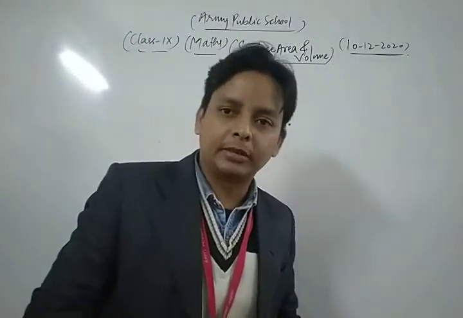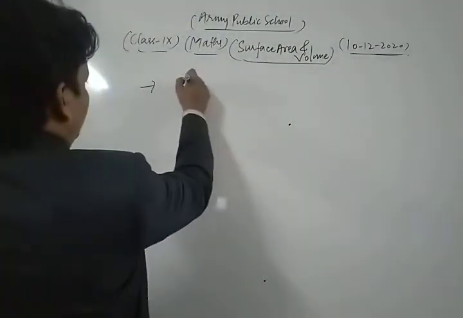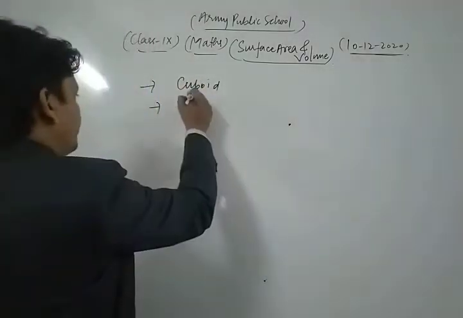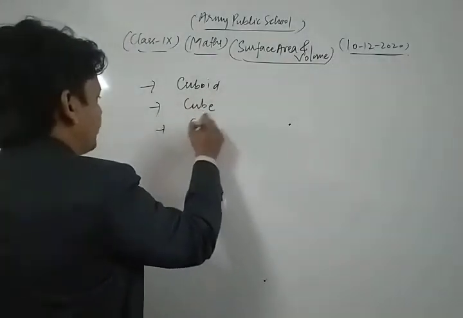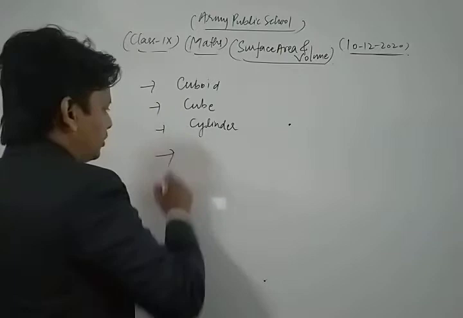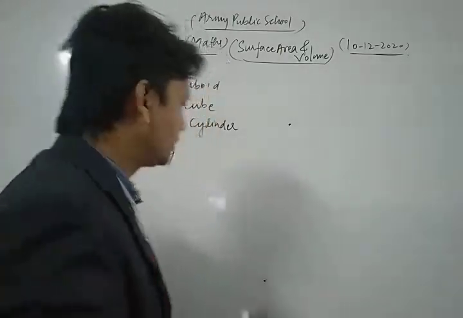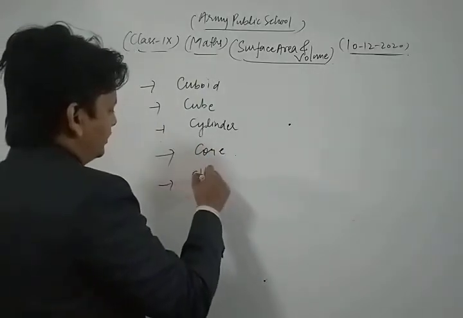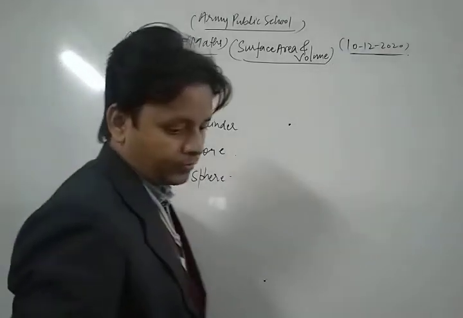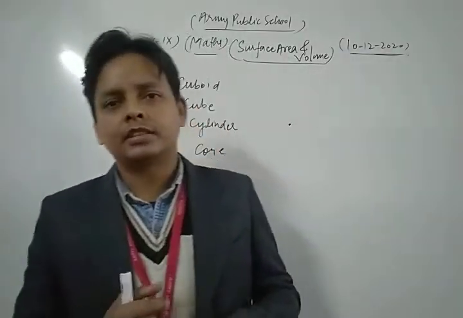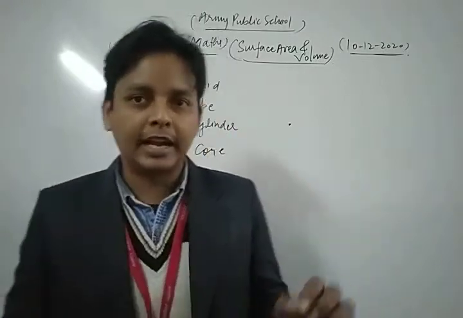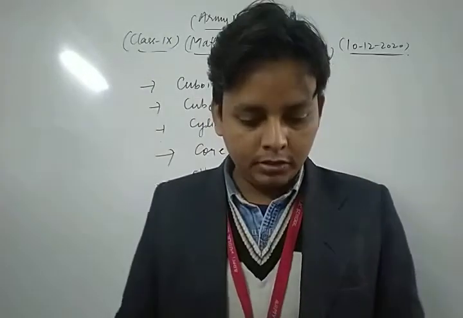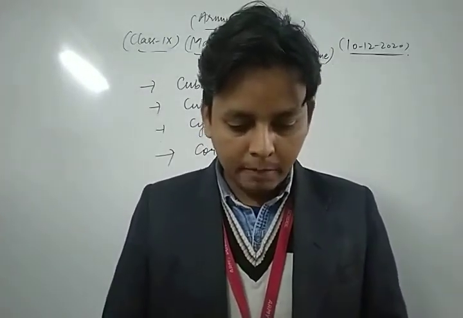Dear students, in that chapter we study the properties of the cuboid. We also discuss the properties of the cube. We discuss the properties of the right circular cylinder. We discuss some important concepts and formulas related to the right circular cone, and finally we discuss the sphere. Now, in the previous class we discussed all the important formulas related to each and every shape of solids. In today's class we take only the questions of your NCERT exercise, which are very important questions.